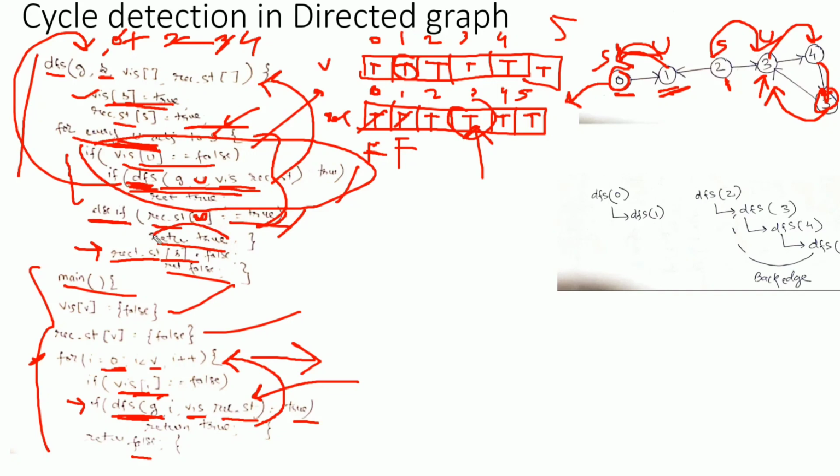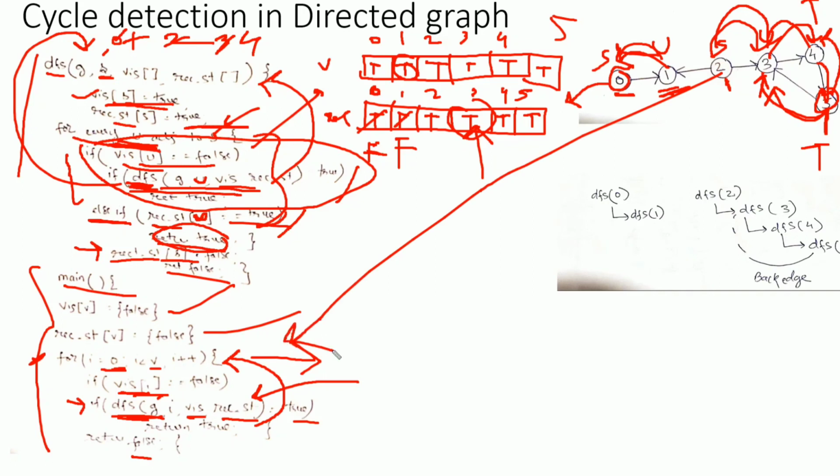So return true, what will it do? It will return true to the caller of vertex 3. So the caller of vertex 3 is vertex 5. Vertex 5 got a true value. Again, vertex 5 will return back to the caller, which is vertex 4. So it will return true to vertex 4. Vertex 4 will return true to vertex 3. Vertex 3 will return true to vertex 2. And vertex 2 will return true to the caller of vertex 2, which is this DFS function. So yes, it is true. Then we will return true, that yes, there is a cycle.